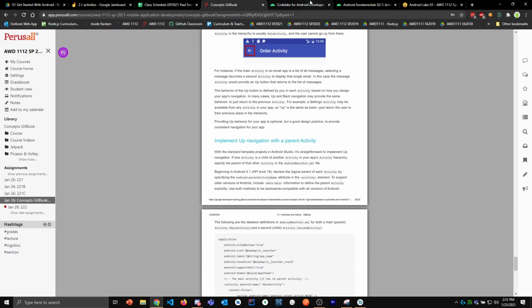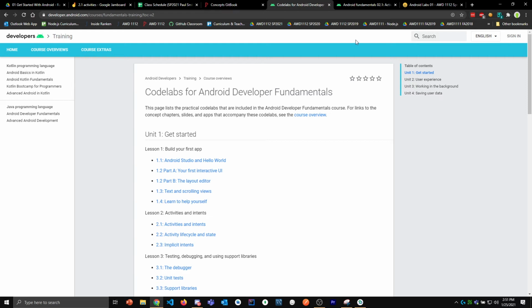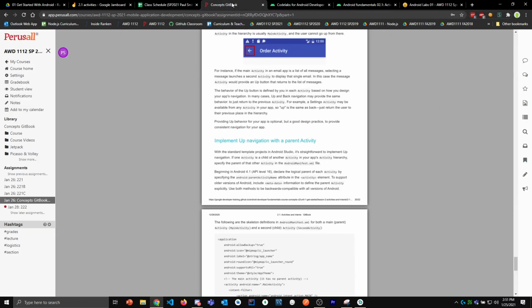So, okay. So we want to jump into a practical example of this. And as I mentioned towards the beginning, I'm going to release you this time. I'm going to have you walk through the code lab yourself from here on out. So I'll have you do the 2.1 on your own. But before we jump into that, I want to do just a practical example of actually applying this stuff in